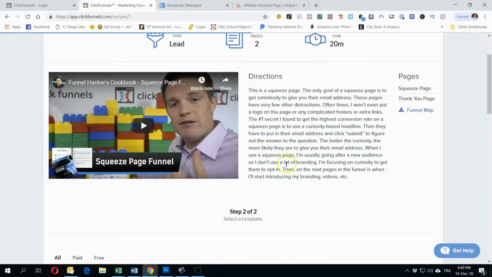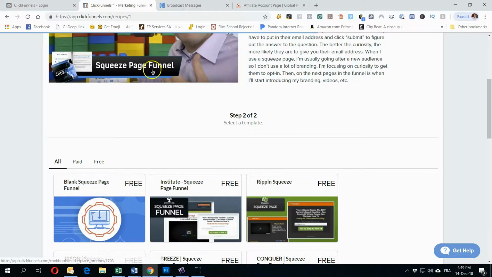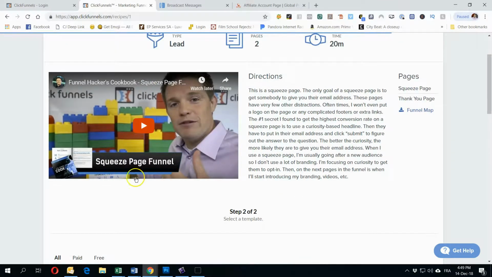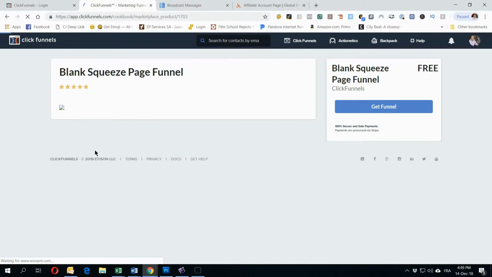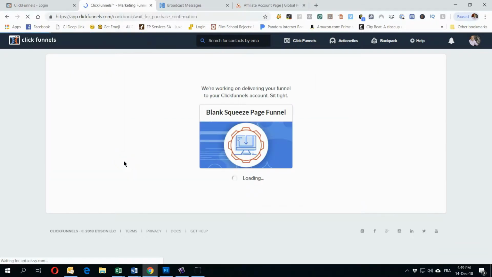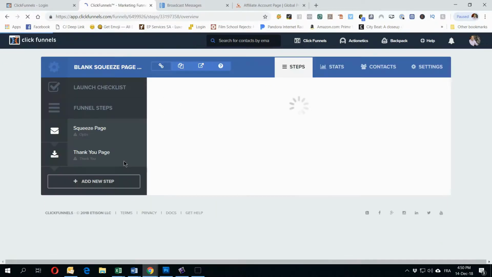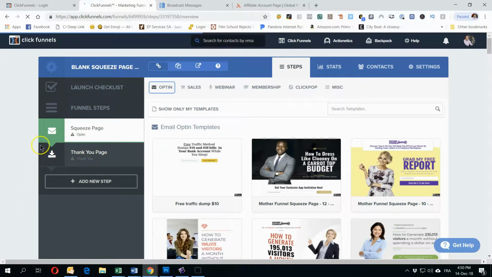So here you can read these directions and so on. You can watch the video where Russell is explaining everything, and I will take the blank squeeze page funnel. It's free, so I get this one. Takes a little bit of time to load. It's always very slow when I'm recording a video. Okay, so here you have already